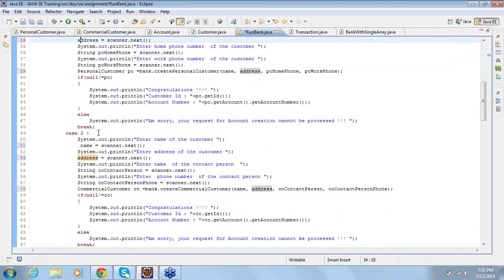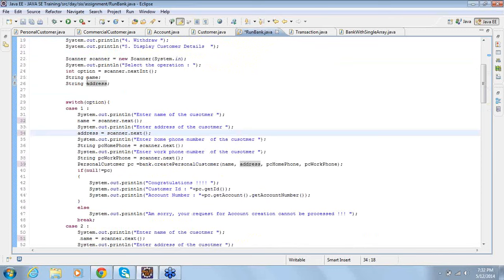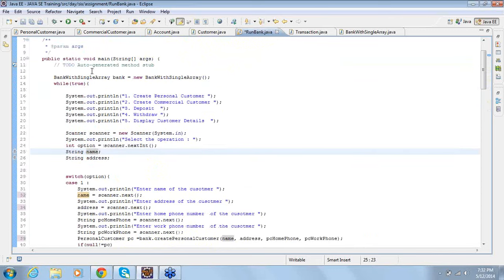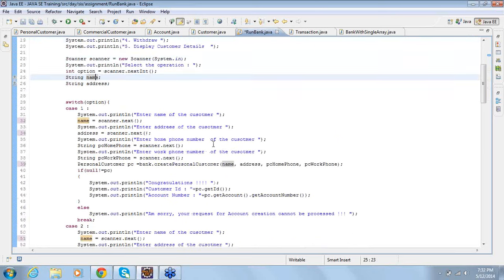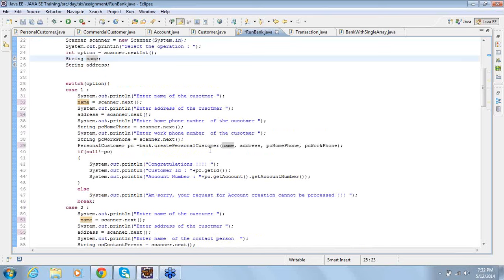So whatever is needed in each and every case, I will do it outside the switch block. But I don't need to do it outside the loop, because I don't need them outside the loop. But if someone does it, it doesn't make any difference, right? It's not a problem, because these are only simple variables. Suppose it's a database connection, of course, they may say it's not a good practice, but for a variable, it doesn't make any difference.